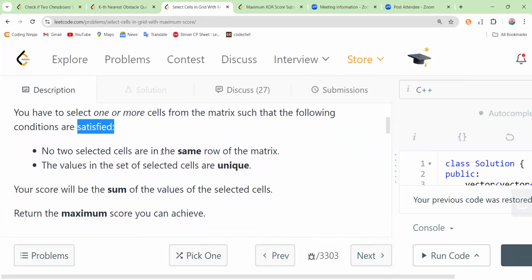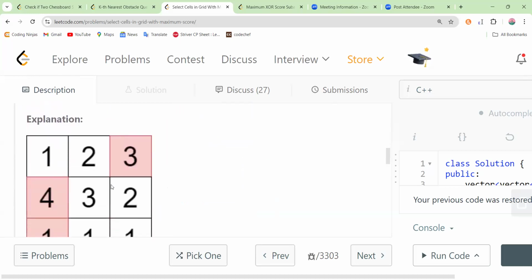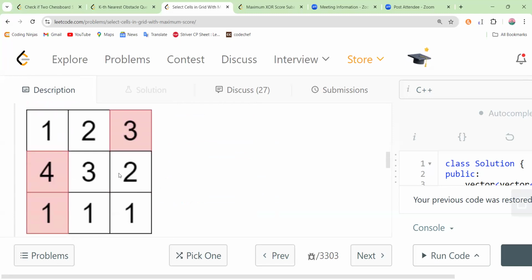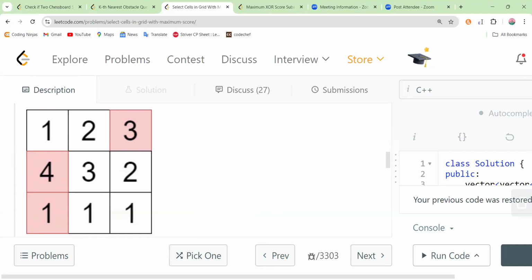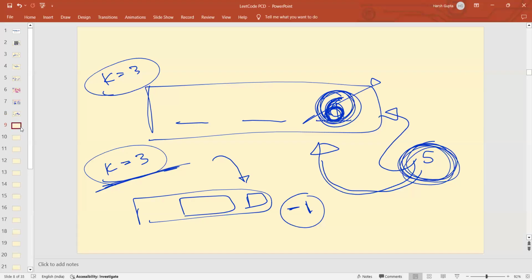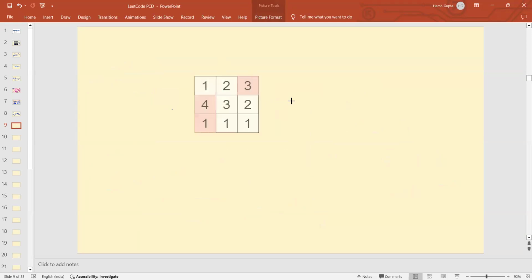That no two selected cells are in the same row of the matrix, and the values in the set of selected cells are unique. So your score will be the sum of the values of the selected cells. Return the maximum score you can achieve. Like for example, if I take this particular grid as my example,